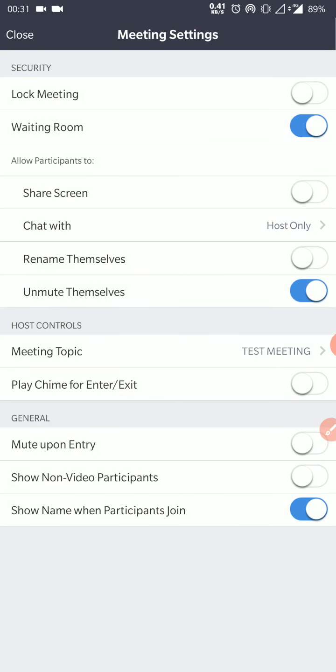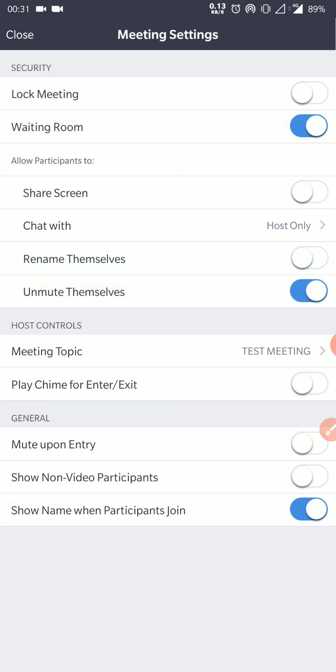Now next, allow participants to rename themselves. Now this option should always be disabled because by enabling this option, what issues can be created is practically, which we have experienced is, for example, if some random person is coming by official name and during mid meeting, if he or she wishes to pass on some verbal comments, so if at all this option is enabled, so what participant can do is on time